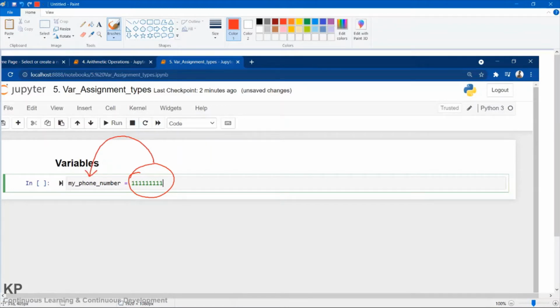So suppose this is my single page, and at the top I defined this thing. Let me use green color.